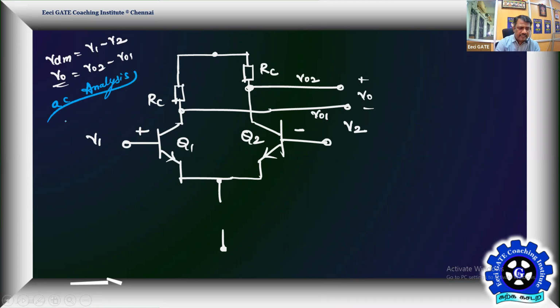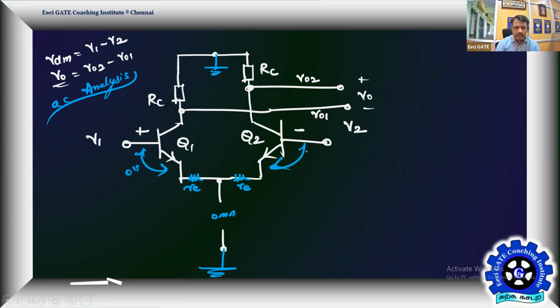When you begin the AC analysis, switch off all the DC sources. This will be connected to ground, and this will be connected to ground. This current source is replaced by an open circuit at 0 milliamps, no current. And here we have the small RE1, that's small RE, and here we have the small RE2, that's small RE. As per the small signal equivalent, this difference is 0.